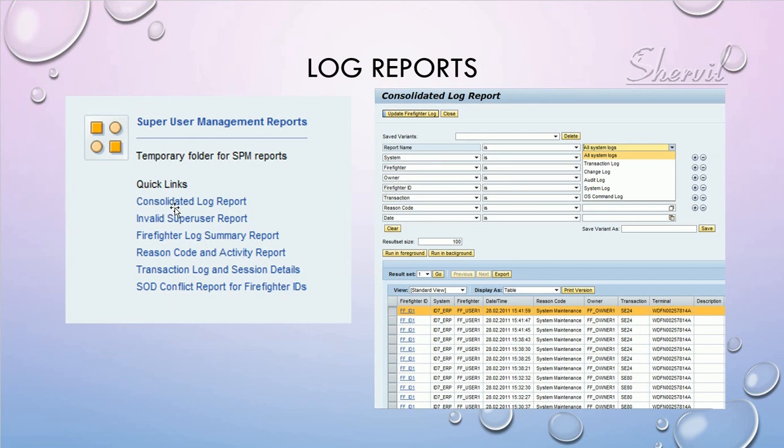Okay, the consolidated log report. We'll see some of these reports when we set up, in the end, okay, not now. After we completely set up the EAM and use it, then we'll see the log reports also.